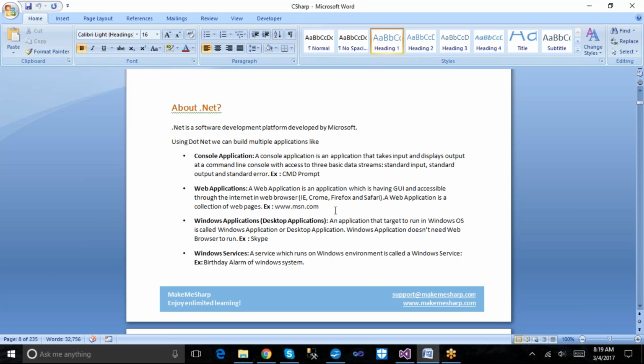In the year 2002, Microsoft introduced one software development platform, which we call .NET. So let me repeat again. If anyone asks what .NET is, we need to explain to them: .NET is a software development platform or technology developed by Microsoft in the year 2002.